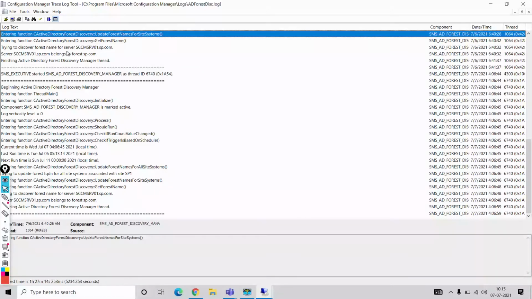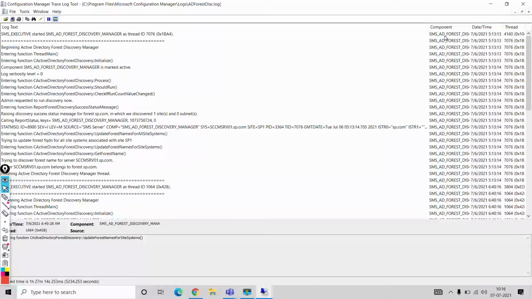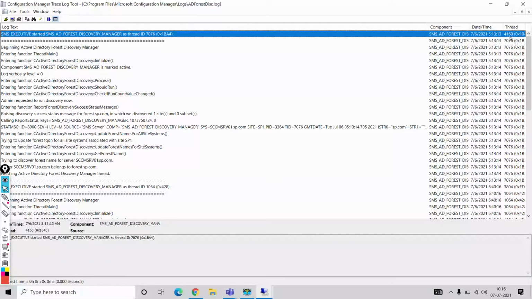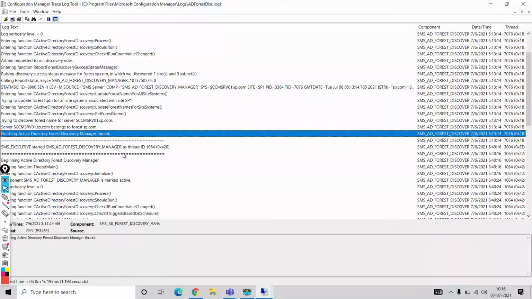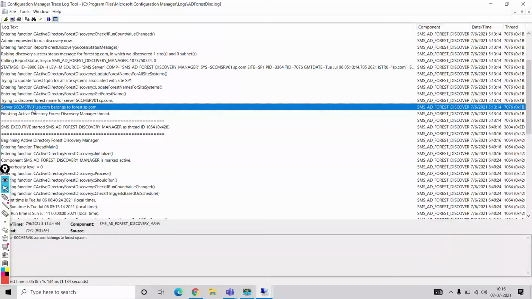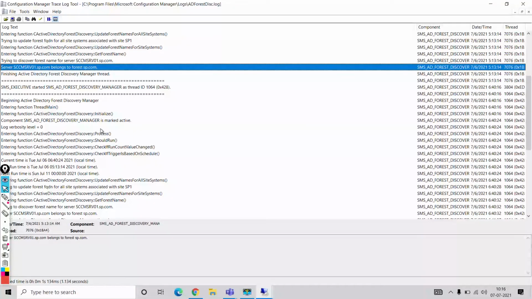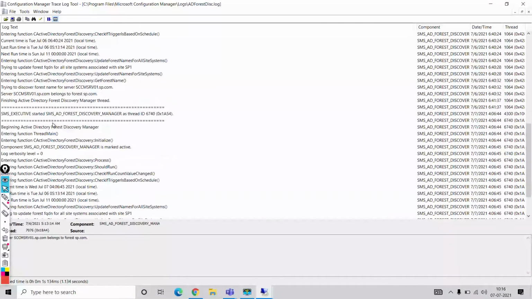So entering function CA active directory forest discovery. You can see here, these are all logs, with component name, date and time, and thread, right? Now it is possible for us to read it properly. You can see finishing AD forest discovery thread. Server SCCMSRV belongs to forest sp.com, and here it shows it successfully completed active directory discovery,